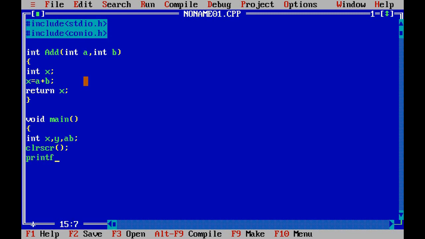So printf("Enter the number"); with a semicolon at the end, scanf("%d", &x); Again the whole process for the second number: printf("Enter the number"); with a semicolon at the end, and then scanf("%d", &y);